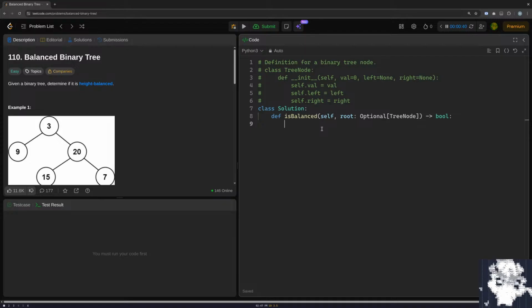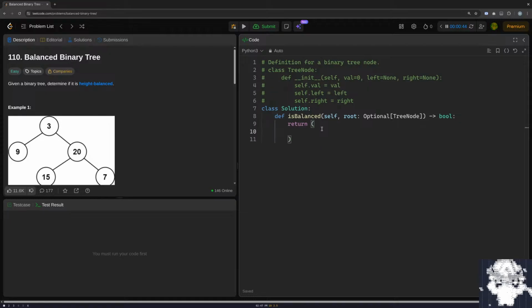So you are balanced if your left is balanced, root.left is balanced, and your right is balanced, and